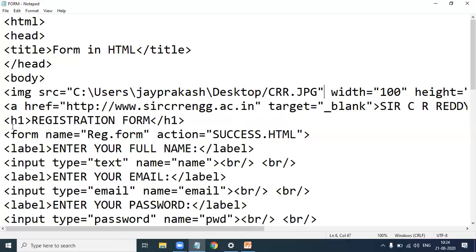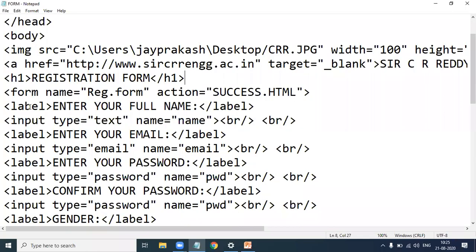Next, I give the heading, Registration Form, specified in the heading tag H1, level 1. Next, the form. Here form name equal to registration form, and action equal to success.html. When you submit the registration form, it goes to success.html.